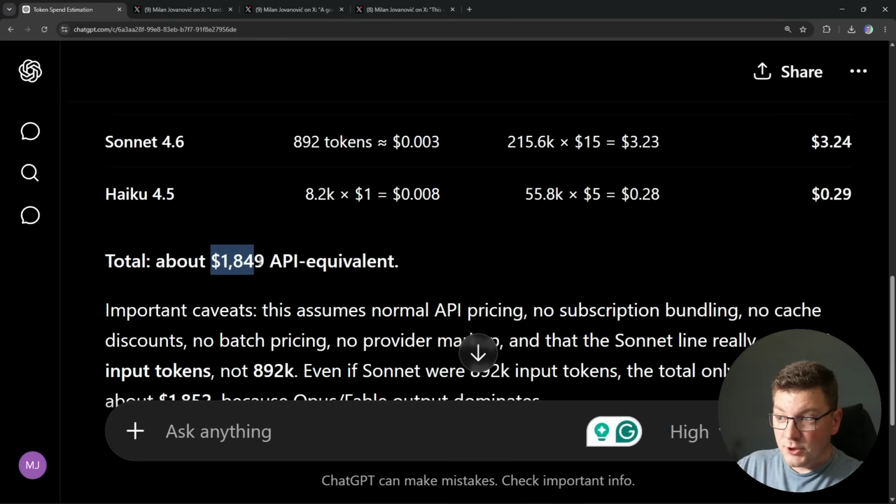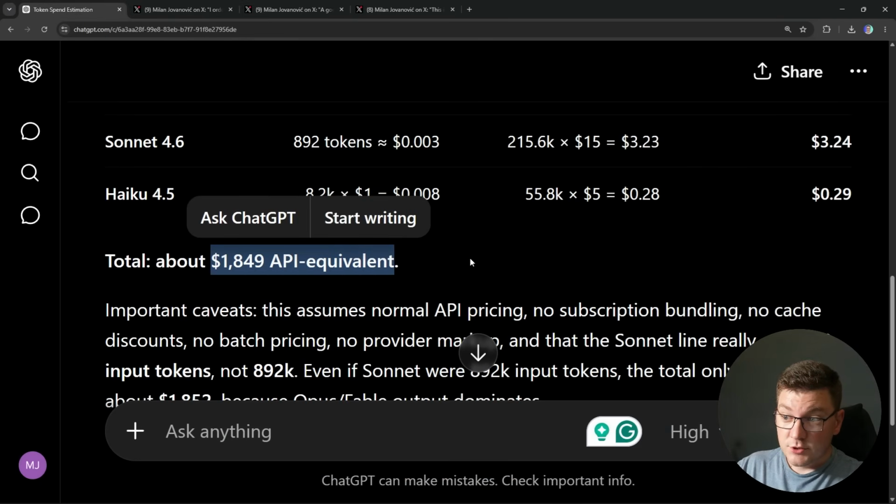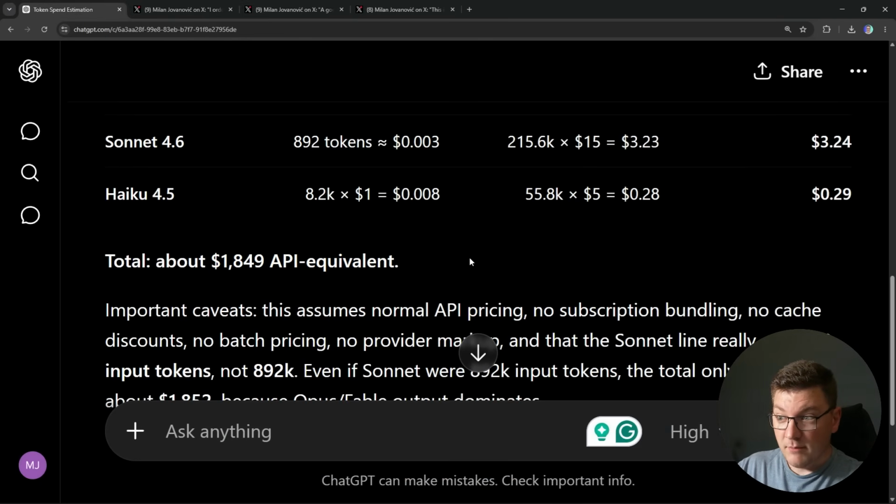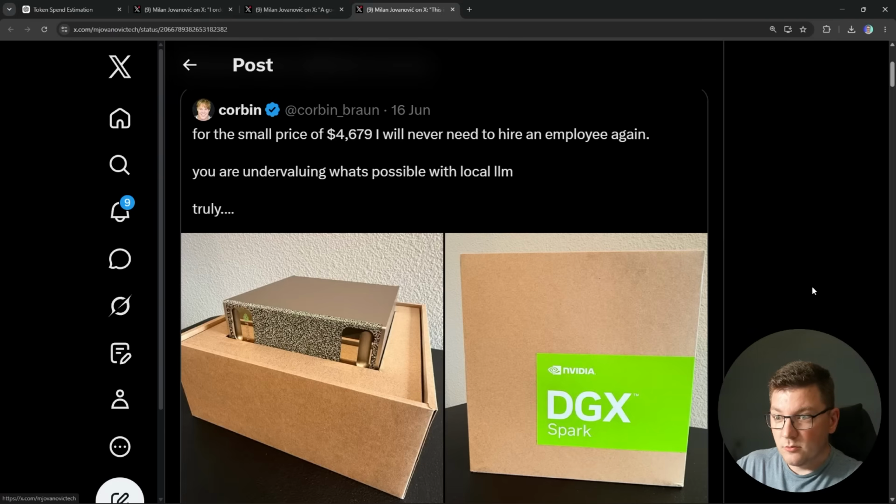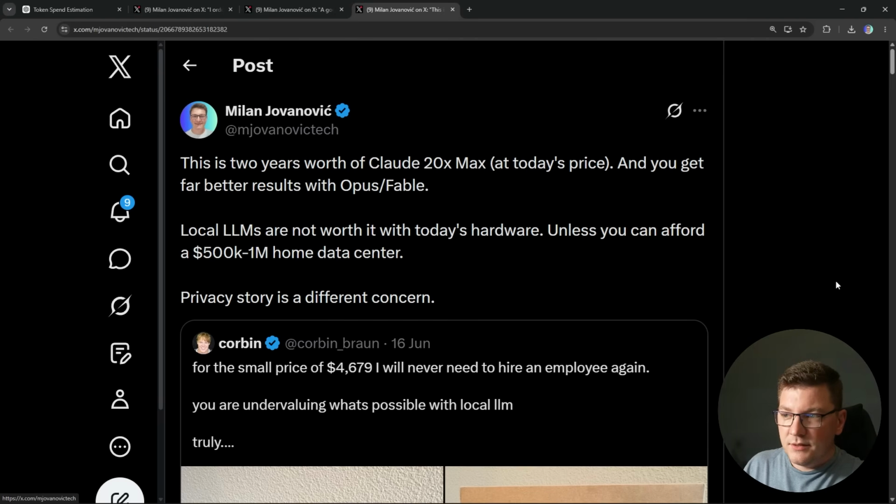Now, as I already mentioned, I got nearly $2,000 of usage out of a $100 a month plan. And I don't think this is going to last for a while. We already lost GitHub Copilot subsidies, and sooner or later the other providers are going to have to follow. So some people are exploring things like self-hosting large language models, and currently there's a popular DGX Spark machine which is selling for almost $5,000, and you can run some local models on here,